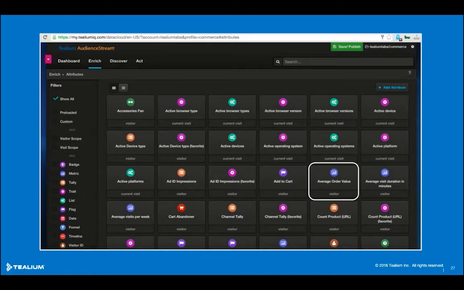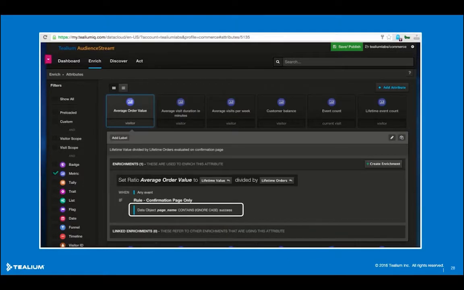To illustrate this point, and tying in with a case study Amara from Optimizely is going to present in a few minutes, I'm highlighting the metric attribute average order value. Now the average order value attribute has been defined using two other attributes, lifetime value and lifetime orders. So this is a rolling metric. Each time the customer purchases a new product, a calculation is performed to update the lifetime average order value.